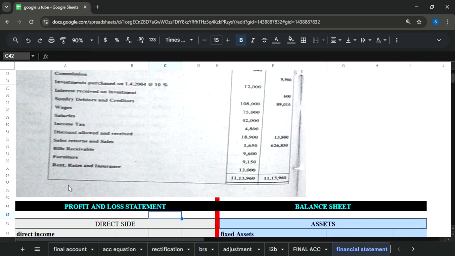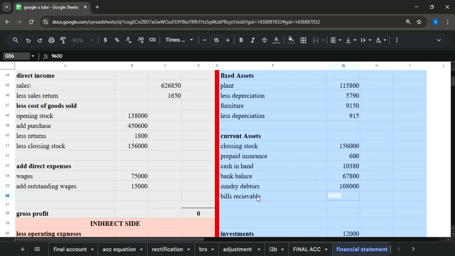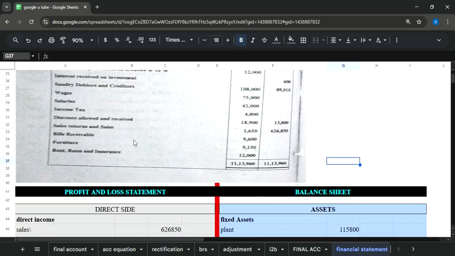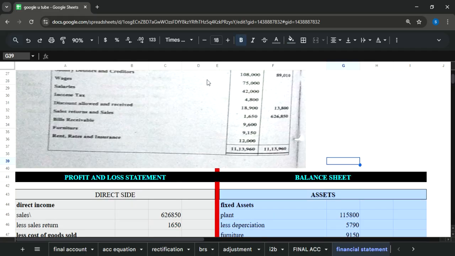After which we have bills receivable 9600, current asset, bills receivable, the amount is 9600. So guys, in this way bills receivable entered. Furniture 9150, I think we have written. Yes, 950 is already mentioned. After which we have rent, rates and insurance 12,000,